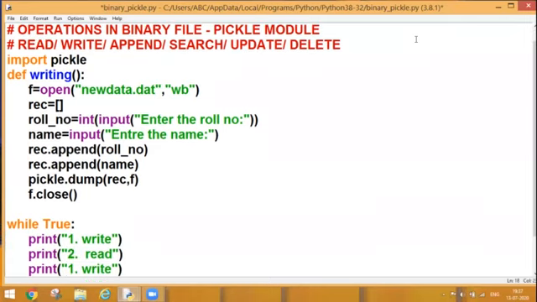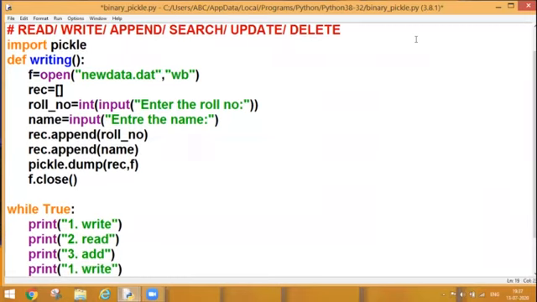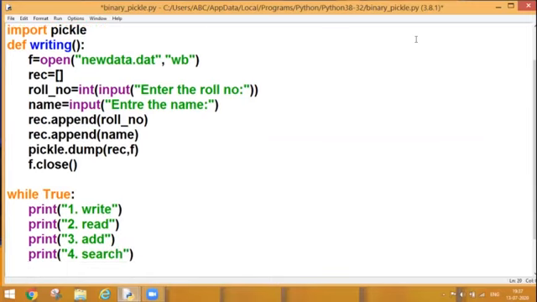Then I can paste it again. My third operation can be append the data, or I can write add, and I can name it 3. Let me adjust it. And my fourth operation can be searching the data, so I can write over here search. This will become my fourth operation.